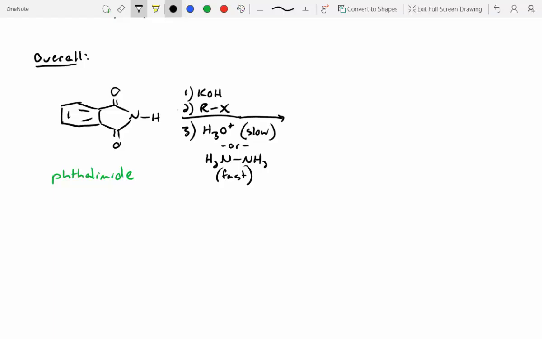Normally when you go through the Klein textbook, you'll see the hydrazine variant just because it speeds up the reaction times considerably. When you do this, you'll get your primary amine, where that R group is the R group from your alkyl halide. And then what you'll end up with if you use acid